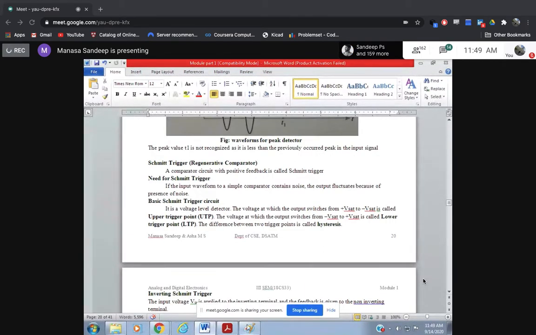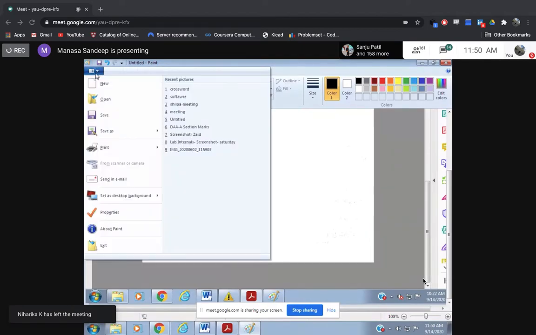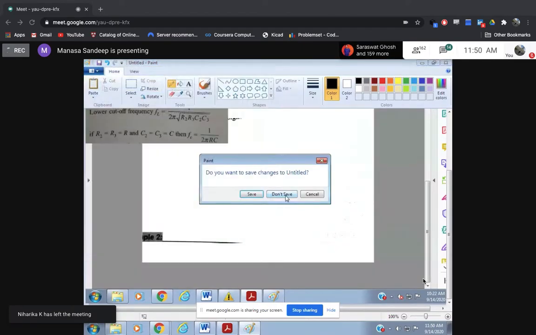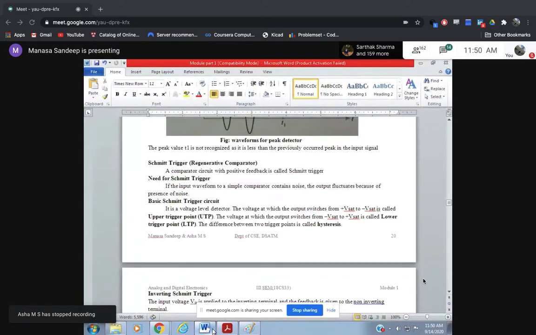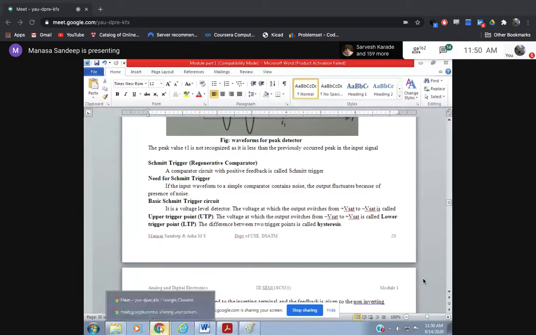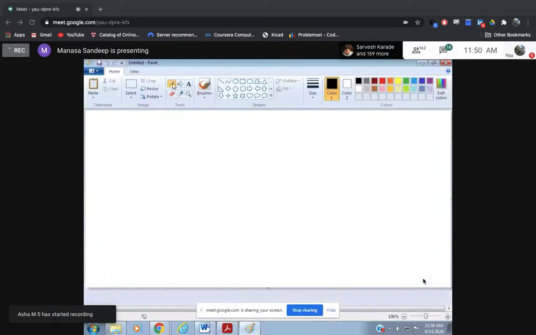To understand the Schmitt trigger, you need to understand something called a comparator. Okay. So what is this comparator? We have seen this comparator even in the astable multivibrator, right? So what exactly is this comparator? A comparator is a circuit. It is an electronic circuit which is built with the help of the op amp.